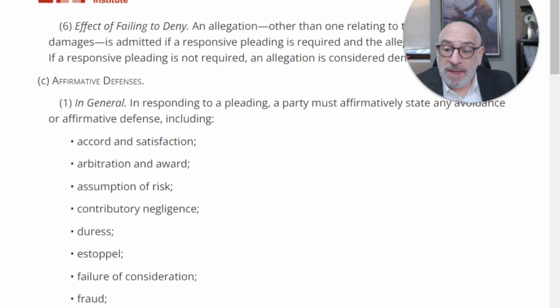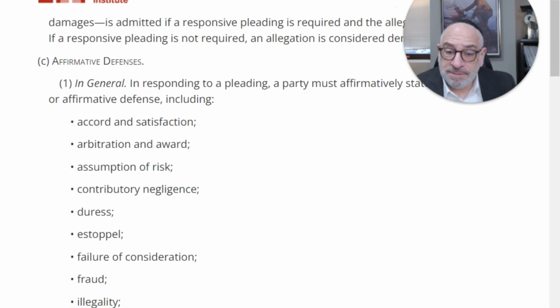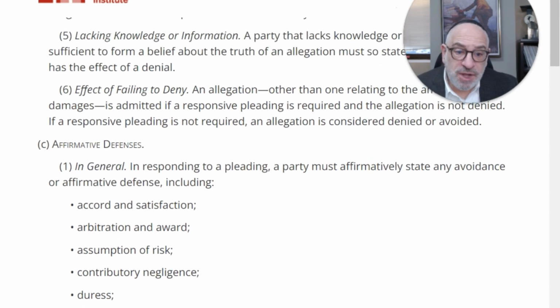I want to briefly talk now about the next section, Section C of Rule 8. Responding to a pleading, affirmative defenses. This is really important, and I wrote basically a chapter of a book on federal pleading. And by the way, I'm using the Federal Rules of Civil Procedure as you see me do before, but once again, this is, for all practical purposes, the way you would respond to any state civil claim. The state laws with respect to this most basic of procedure are, as far as I know, pretty much all the same.